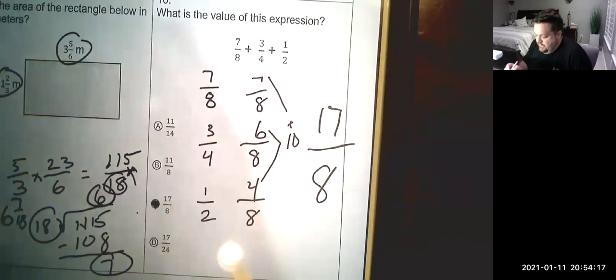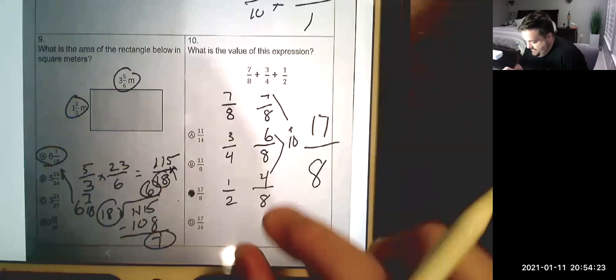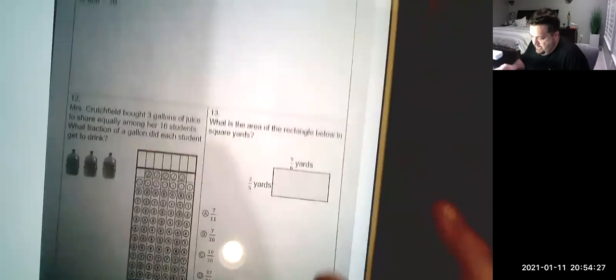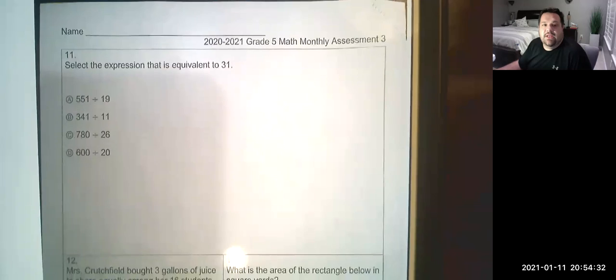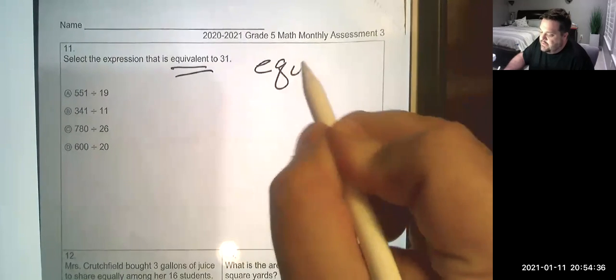17/8. So really no way to figure that. There's no guessing, no playing around with that one. You got to try to kind of do your work on that one. All right, let's see here. Let's go on to number 11. When it says to select the expression that is equivalent, you got to know equivalent means equal or